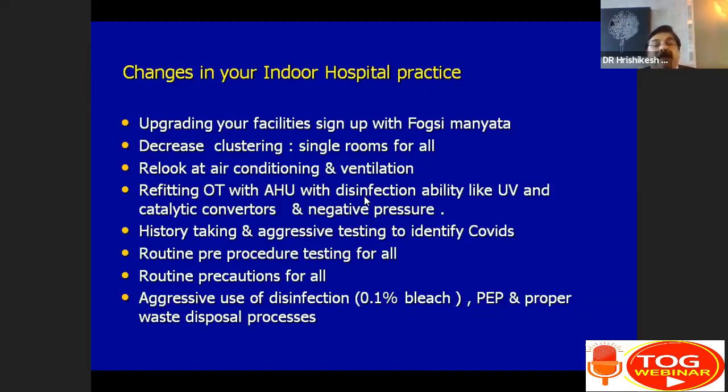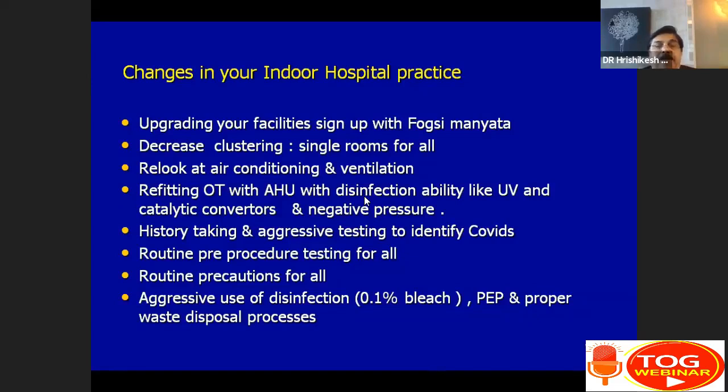Relook at the air conditioning and ventilation of your hospital. Refitting the operation theatre with air handling unit. I was talking to my person yesterday who does my air handling unit of the IVF lab, and he said that he will put in an additional system of ultraviolet light, which will kill the virus as the air is getting circulated in the air handling unit. And they also can put tantalum based catalytic converters, which destroy all the organisms, and they can have negative pressure, so you can suck out the air from the OT, especially when you are doing a surgery of a